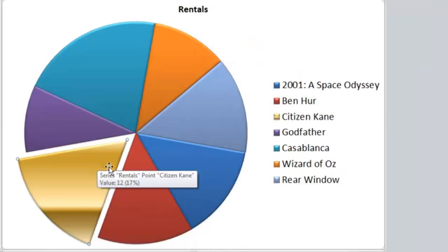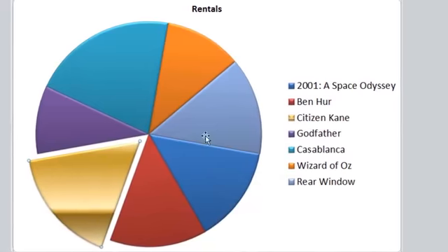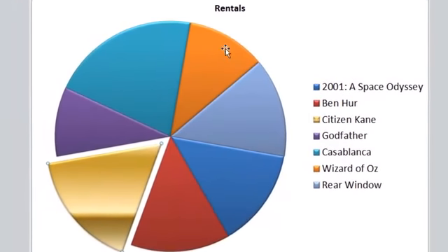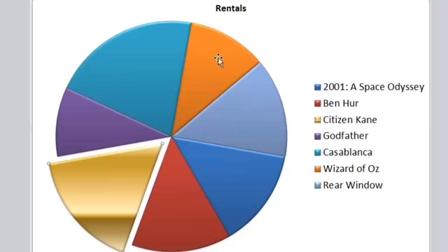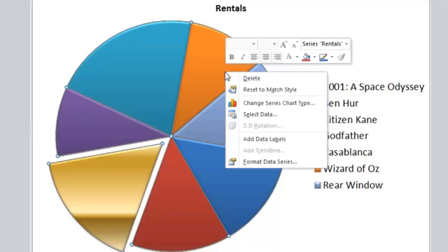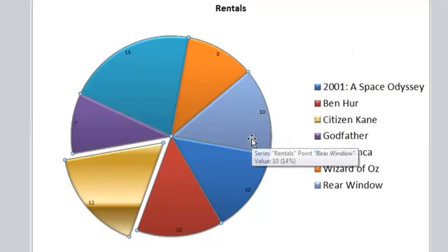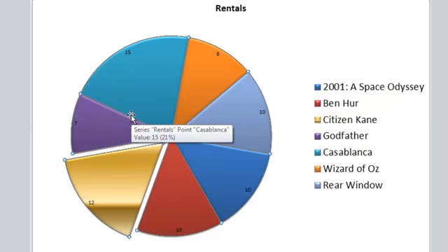The next thing I'd like to do is add some data labels to my slices to make sure that people know what each individual slice means in terms of value. So at the moment I've got that one slice selected, and to reselect all the slices I click away, click back on the pie, and that reselects everything. I can then right click, choose add data labels. Now you notice when that happened, the pie itself shrunk down in size. That's one of the curious things that Excel does. One thing to watch out for when you're formatting,